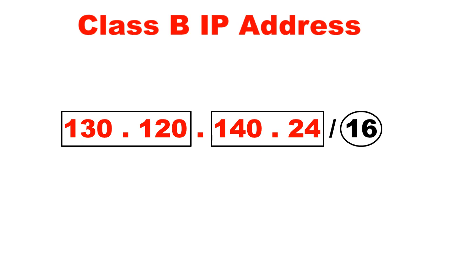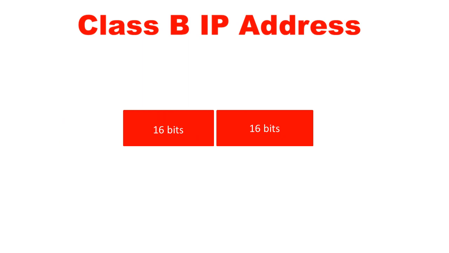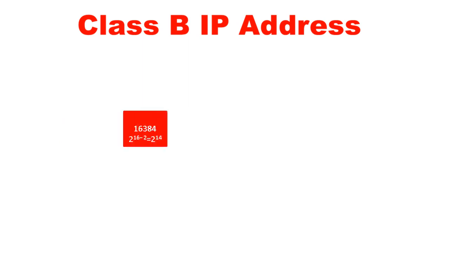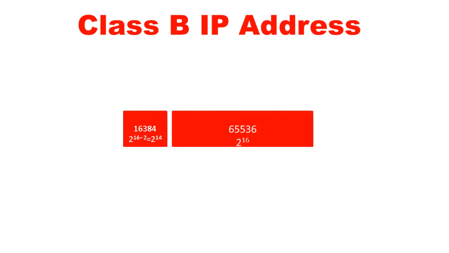Therefore we can have 16,384, that is 2 to the power 16 minus 2 equals 2 to the power 14 possible networks in the class B category IP address, because 2 bits out of 16 bits are kept reserved for identification of the network category,